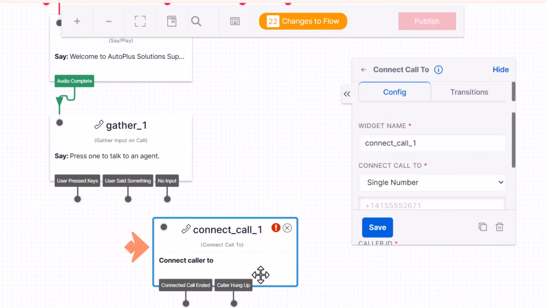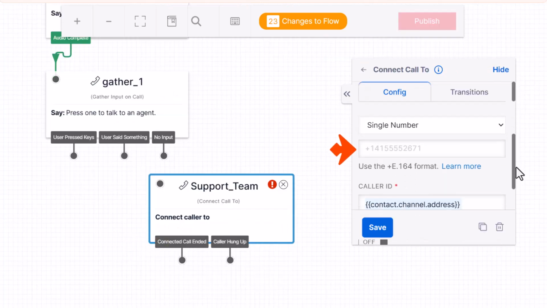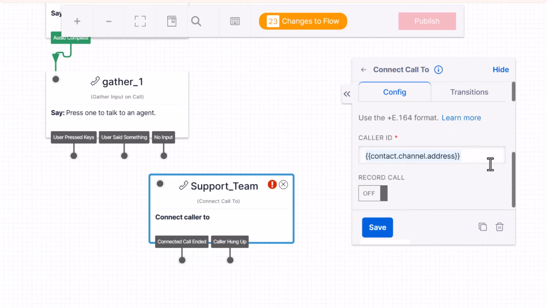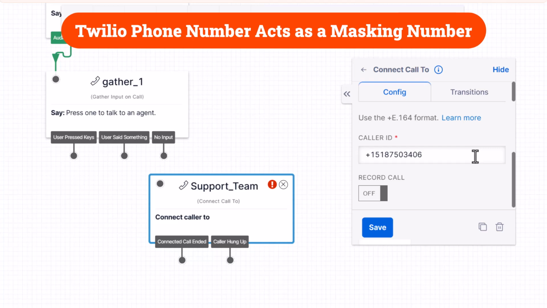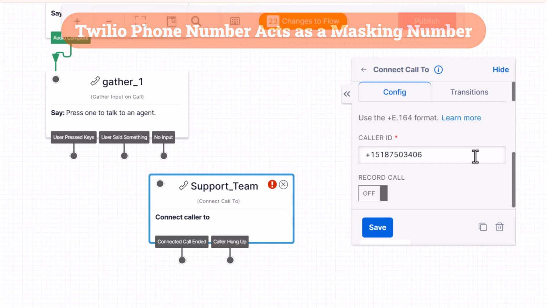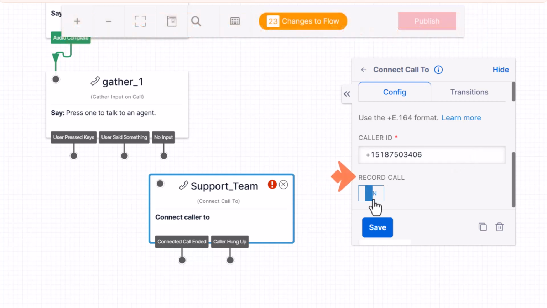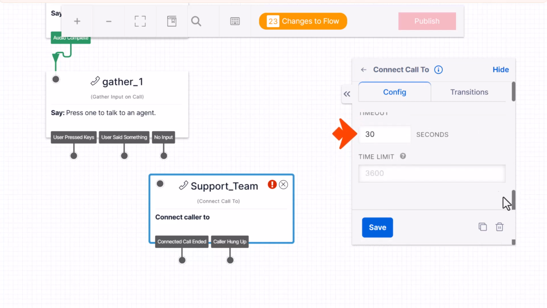Next, I add the Connect to Call widget and enter the agent's phone numbers to specify where the call should be redirected. In the Caller ID field, I remove the placeholder and replace it with the Twilio number assigned to the team. The Twilio phone number acts as a masking number, ensuring customers can't see the agent's phone number on outbound calls. I enable Record Call to capture incoming calls for quality monitoring, set the call timeout duration and limit,